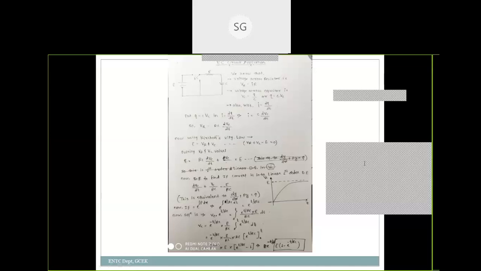The next is using Kirchhoff's voltage law. We can see it as a separate question also, and we can see it as how to analyze an RC circuit. And if we put some values of R and C, it will form a particular example. So the steps will be the same. After finding the general solution, we just need to put the values of R and C and the value of E, which is given in the example, and then we can easily get whatever they have asked in the question. If they have asked the current, then you can find it out. If they have asked the voltage at a particular time t, then by putting the value of t also, we can find out the answer.